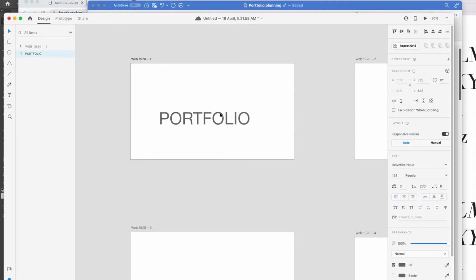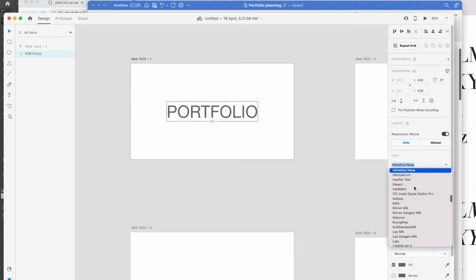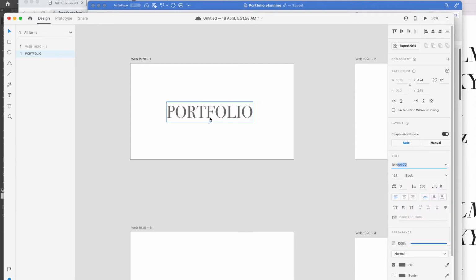When you use the selection tool, you will find the smart guideline so that you know how to put your words in the center of the artboard. Let's say I am satisfied with this size. Then I release my mouse, and then we need to change this type to Bodoni. On the right hand side you can see the text section. The font here is Helvetica Neue. If I go to the drop down and type Bodoni, this is the font that I want to use for the first word, portfolio. And this is how to change the size. If I change it to 200,